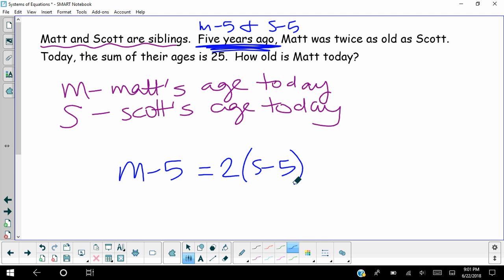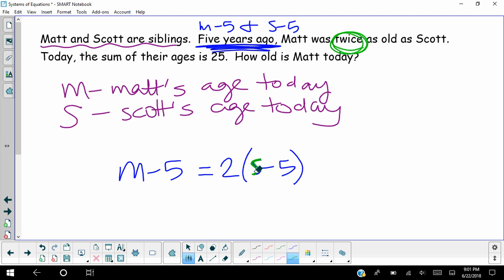Matt is the older one. Sometimes people misunderstand this twice piece. They don't know where to put it. And so when they see Matt was twice, they'll put 2 times Matt. If you really think it through, it should make sense. Matt is the older one. He's twice as old. So you need to go to the other one, in this case Scott, but in this case Scott minus 5, and you need to double that one to build up to Matt's age